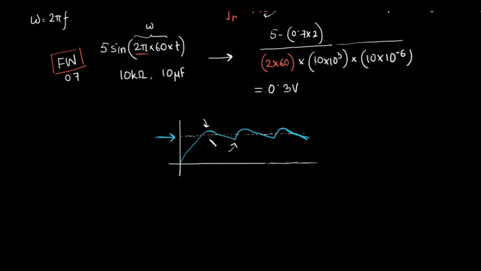Well, we know how to calculate the peak to peak ripple, right? We know the distance between the upper peak of the ripple and the lower peak of the ripple. We know how to calculate that, and we also know what the peak value of the voltage is. We also know how to calculate that. From these two values, can we find this average value, this DC value? Can we find that?